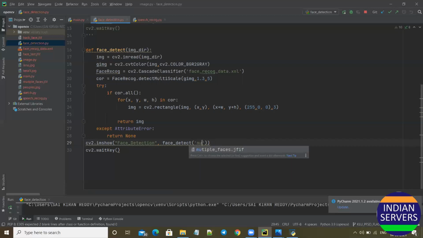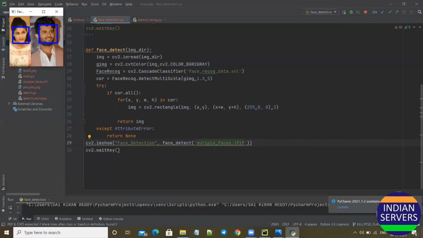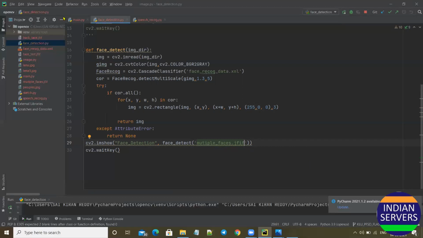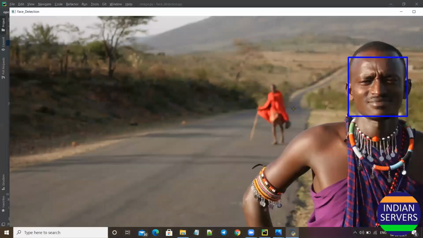I am giving a multiple face image. Here you can see the output. It also detects more than one face. Now I am giving a people's image.